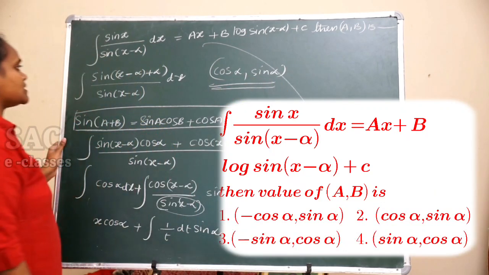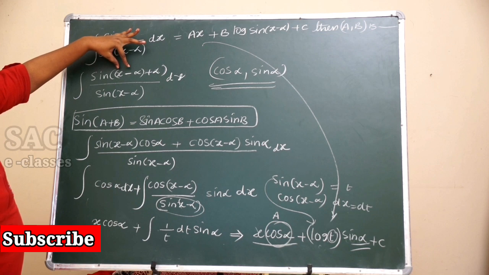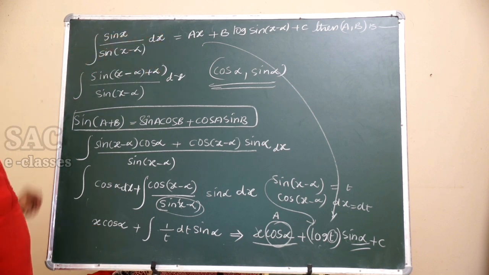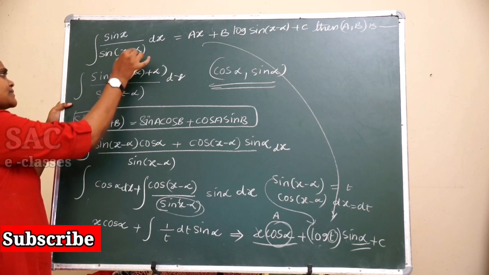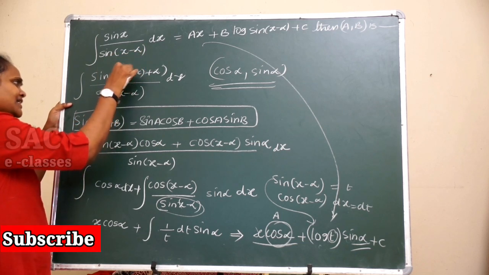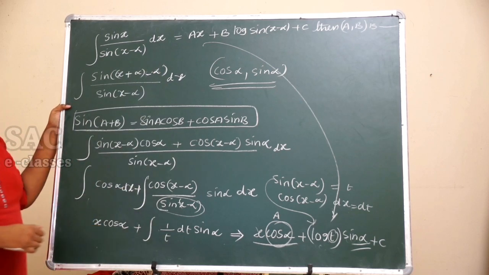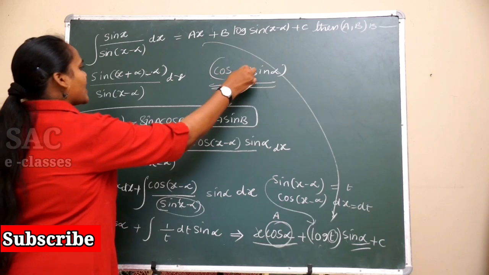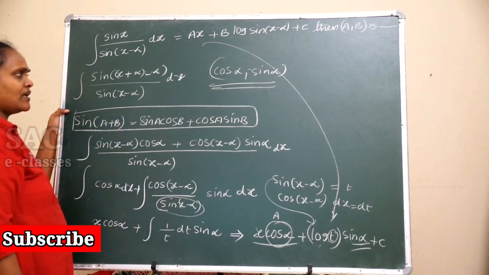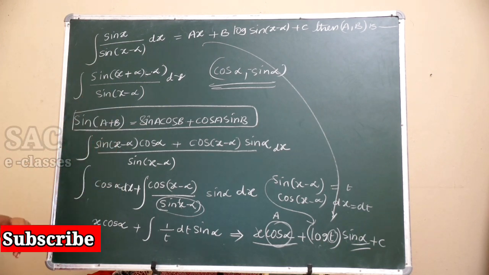Very simple procedure. First, alter the given x: you have to write it as x − α + α. Maybe they asked you to find sin(x + α), then what will you do? You write x + α − α. The rest of the procedure is the same. At that time the ordered pair will be cos α comma minus sin α. In that way we can solve these kinds of problems whatever they have given us. Let's move to the next problem.